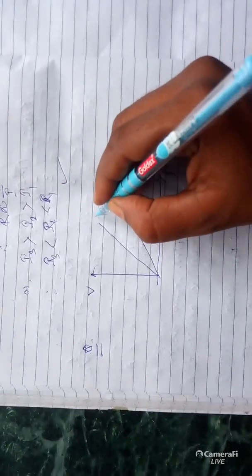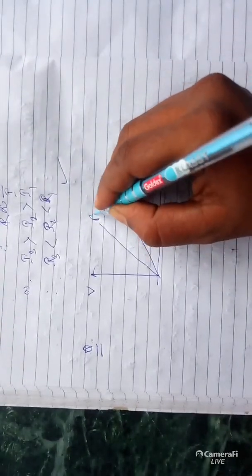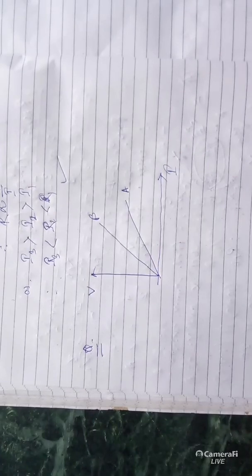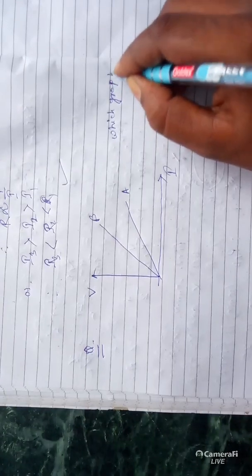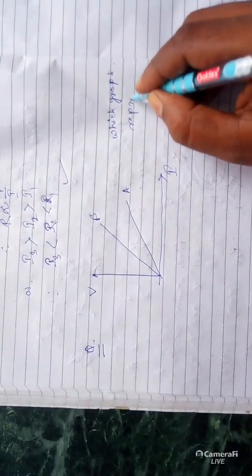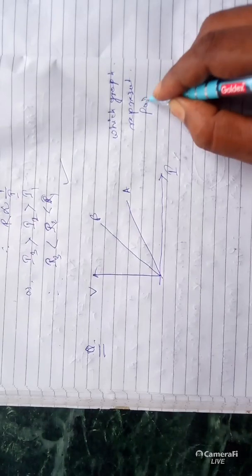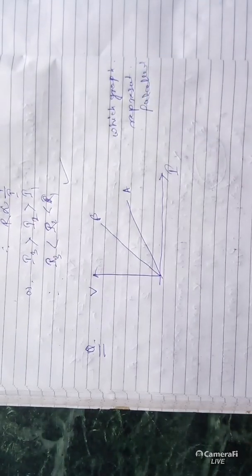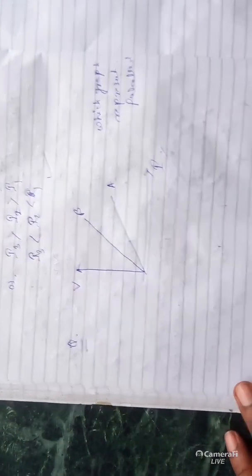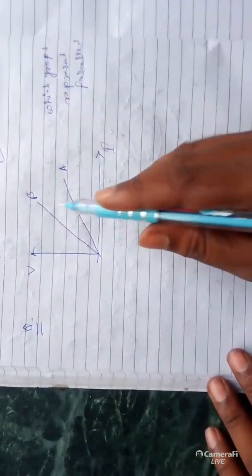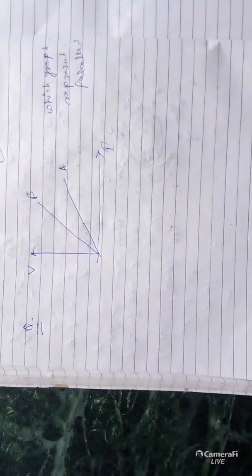This is a graph, two graphs, named A and B. Now you have to identify which graph represents the parallel combination. For parallel combination resistance is less. For parallel combination resistance is less. So I am again taking that for parallel combination resistance is less.